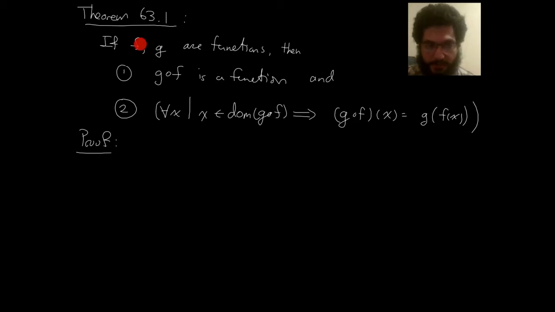It's saying if you have two functions, f and g, then their composite is a function. Okay, so that's something we're about to prove. And also, if you try to evaluate that function at any point x in the domain, then you get this. So if you remember, function evaluation is like inputs and outputs. Functions are sets of pairs, but they establish these input-output associations. So what this is saying is, if you take anything from the domain and take it as an input,